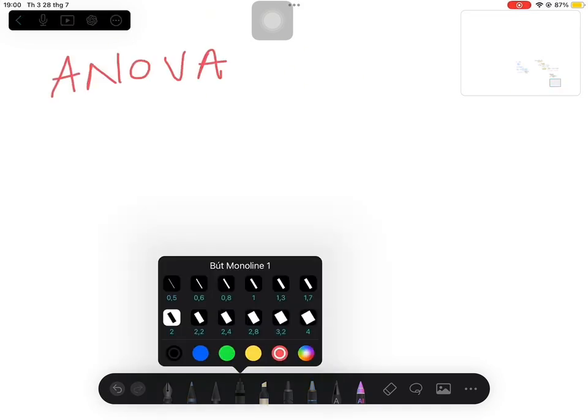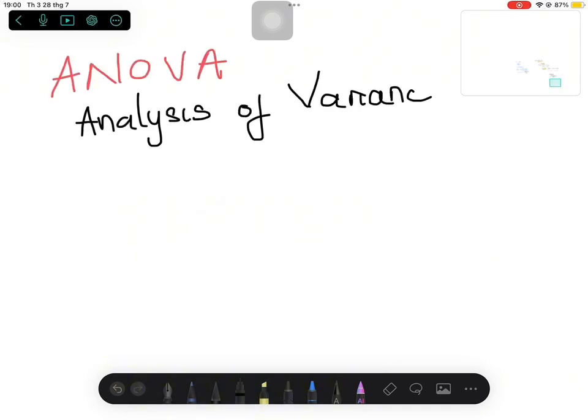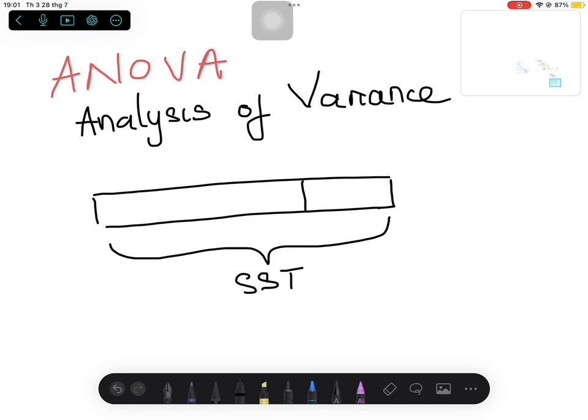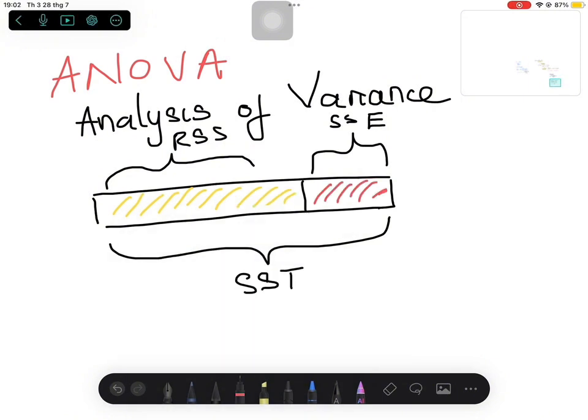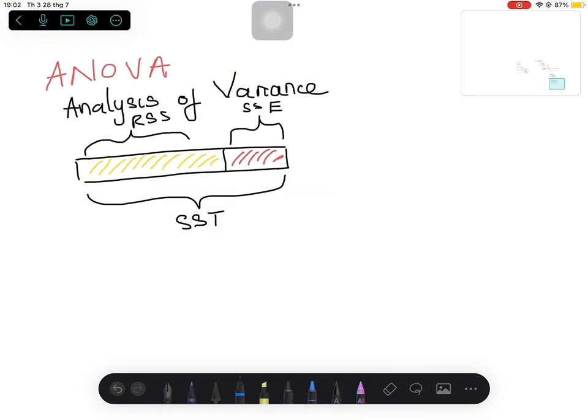So now comes an important question. How do we know whether our regression is actually doing a good job? The answer begins with ANOVA, analysis of variance. Imagine the variation in sales. Some months sales are high, some months they are low. ANOVA asks one question: how much of that variation can our model explain, and how much remains unexplained? The total variation is called SST,